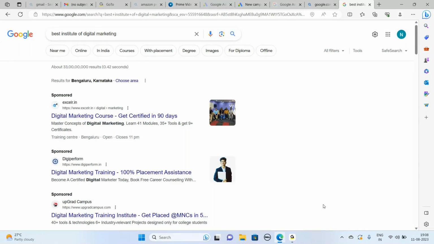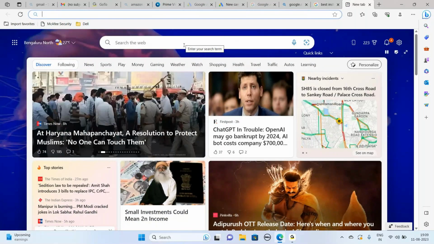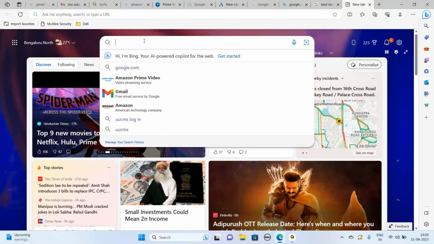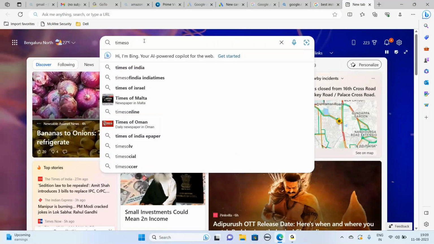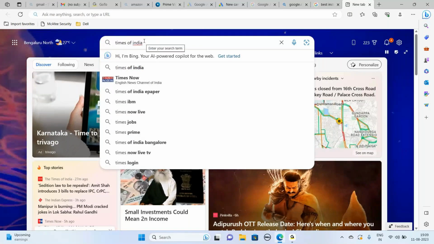Okay, so now open a new tab again. Go to timesofindia.com. Don't type it over here, type it on the top.